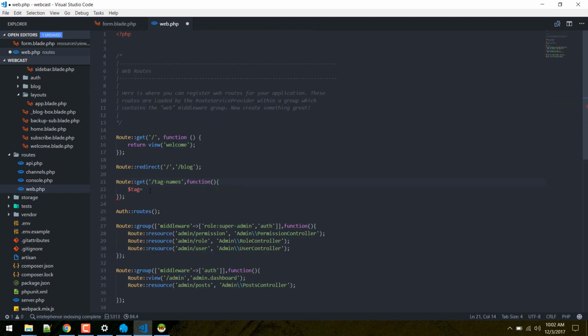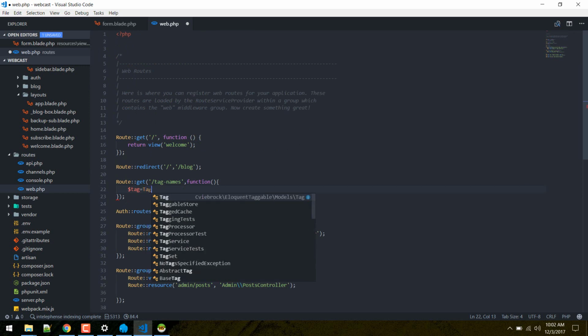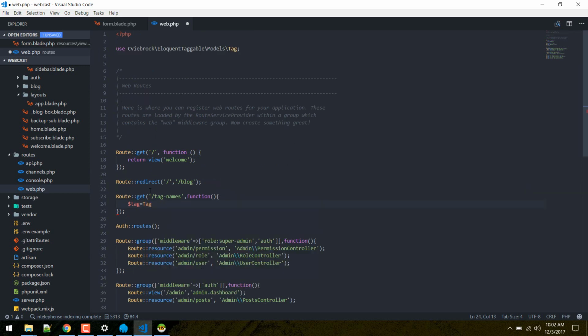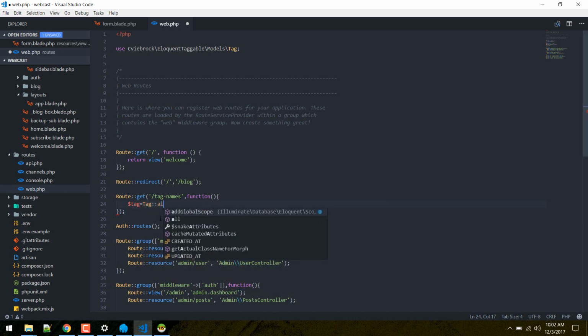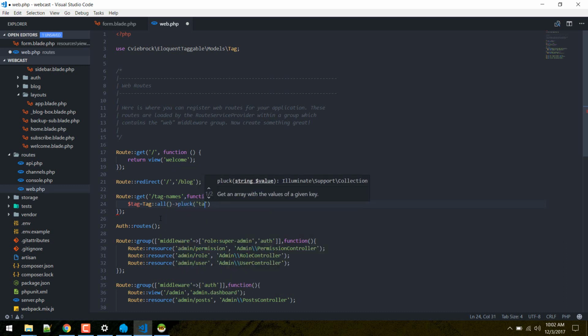So this function will return all of the tag names. So tag, and we'll import this class. I'm using the PHP IntelliSense extension, so you can also install that if you are using VS Code, and I will get all of them, and then I will pluck them to get only the tag name, just the DB field name. Yeah, just name. I'll just get name,